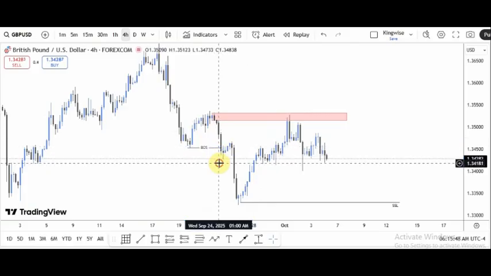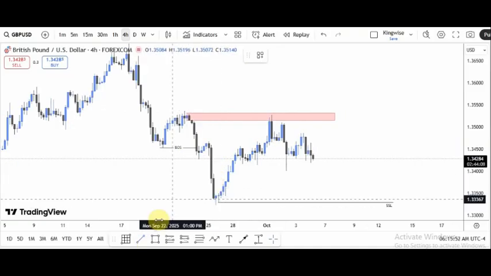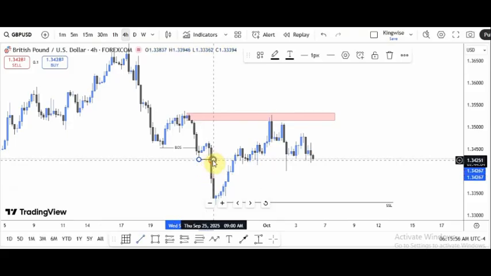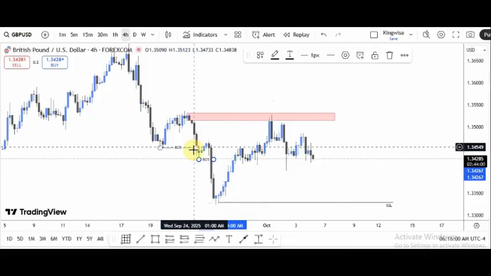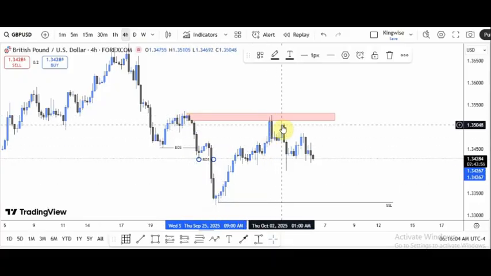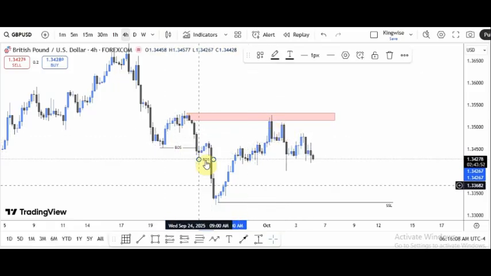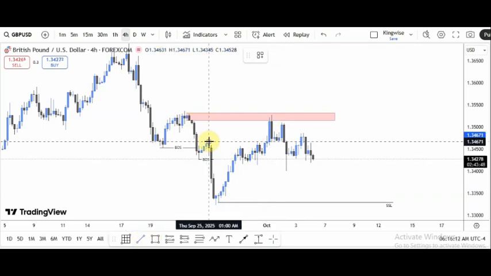So we have this break of structure, another tiny break of structure here, and another tiny break of structure here, and then price came in, tapped into it, and pushed all the way down. This is the liquidity that was taken. This is the liquidity in price, which would have induced buyers,